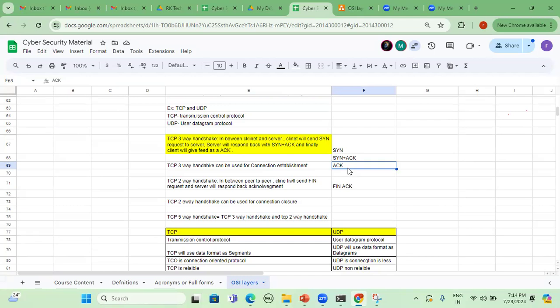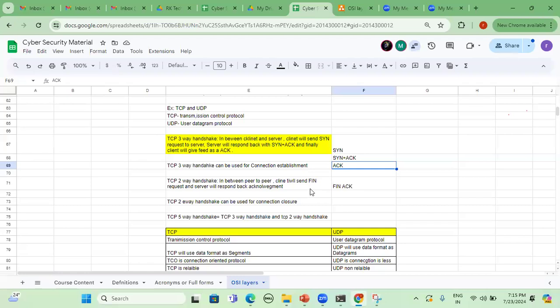Maybe they will enter the OTP, whatever you received on your mobile number, or maybe they will take your signature stating that yes, so and so customer received the respective delivery, whatever he ordered, part of the Apollo Pharma hospital or pharmacy. Meaning here we are providing the confirmation. That confirmation is like acknowledgement or feedback. Same way, on the TCP side, acknowledgement will be there, but on the UDP side there is no acknowledgement or feedback.